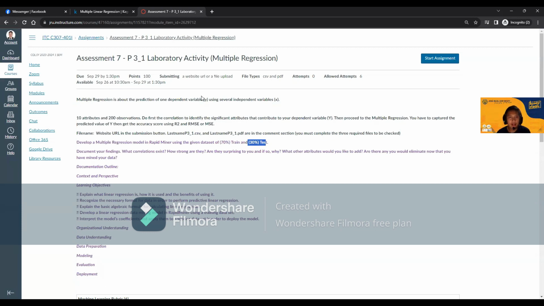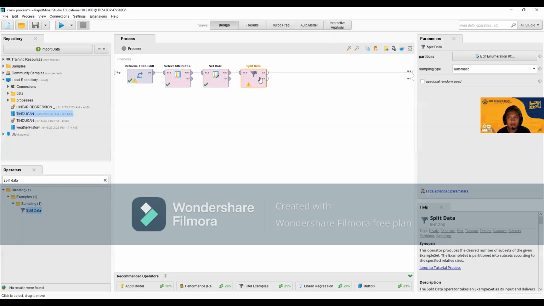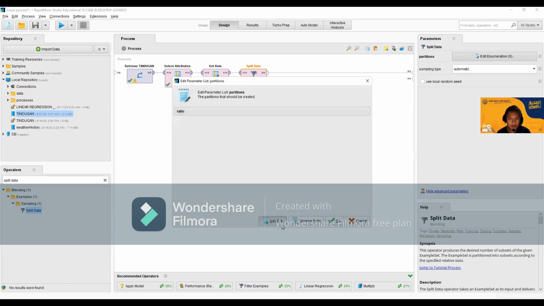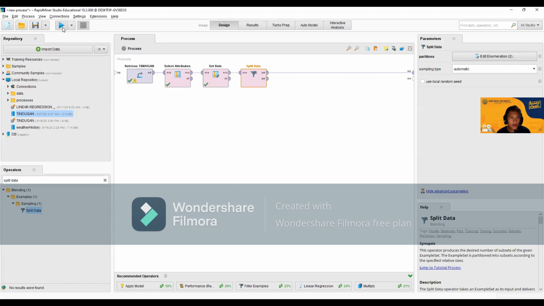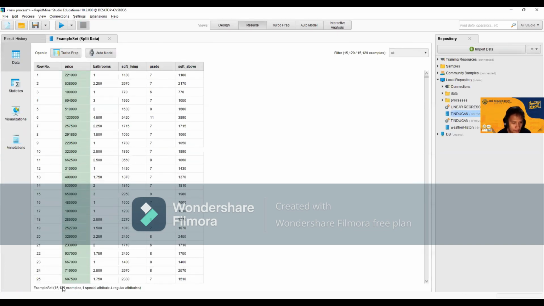So for the train data set, it's up to 70%, and for our testing data set it's 30%. So if you want to run it,